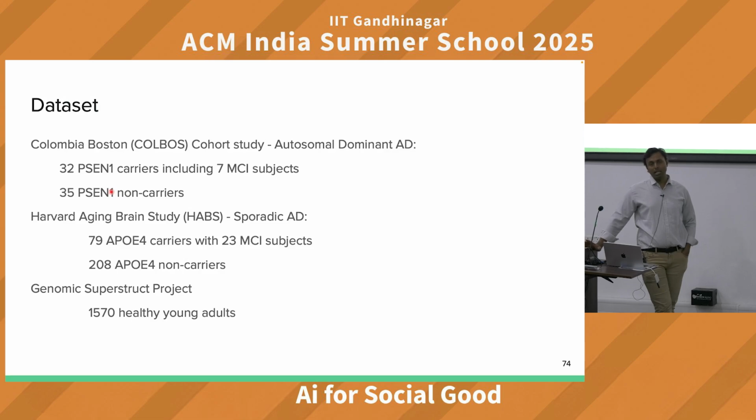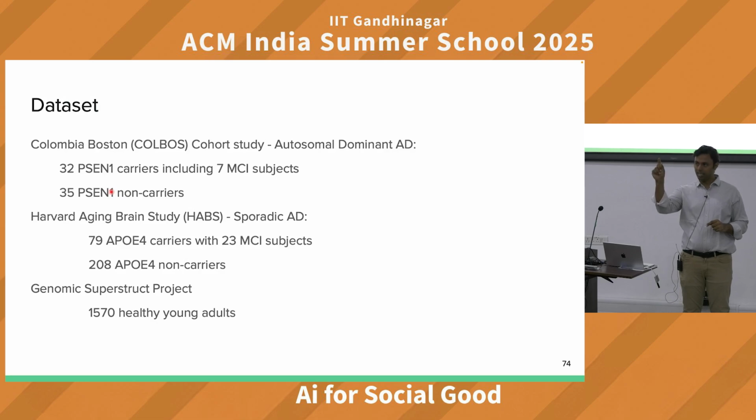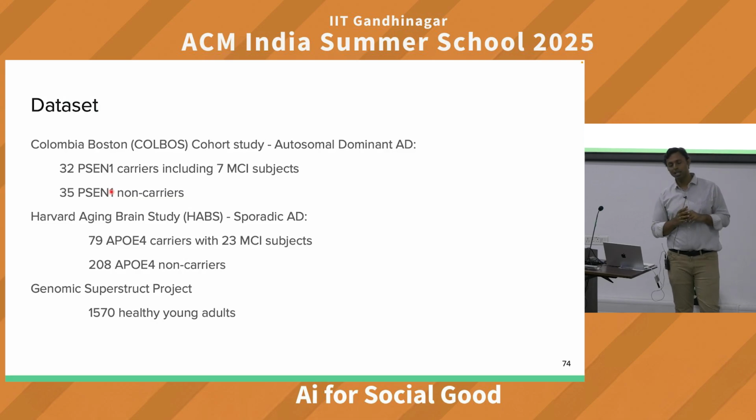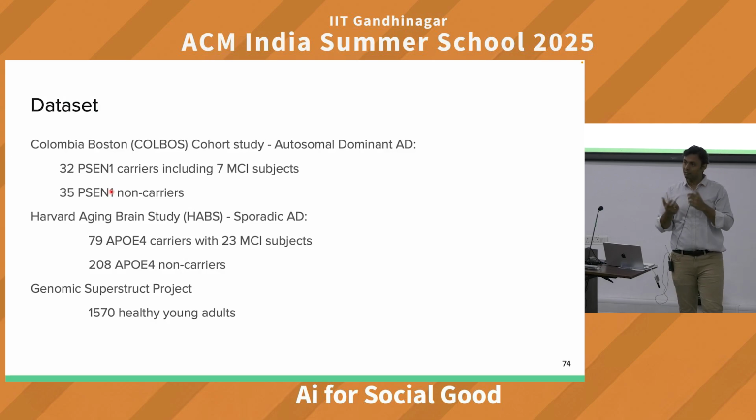So Colombia, Boston was a project, Colbos project कहते हैं. People from Colombia, there's a group in Colombia, there's a family of 5,000 people which have this gene, which is called presenilin one, name doesn't matter. But इनमें क्या होता है कि अगर वो gene express करता है, the chance of getting Alzheimer's increases to 100%. तो बस आप ये देखो कि उनमें जीन है, they will definitely develop Alzheimer's. So this population, if we study, we can study how the brain develops with Alzheimer's, वो Alzheimer's के साथ कैसे develop होता है. It can give us insight on how the brain is developing and how possibly we can cure it.